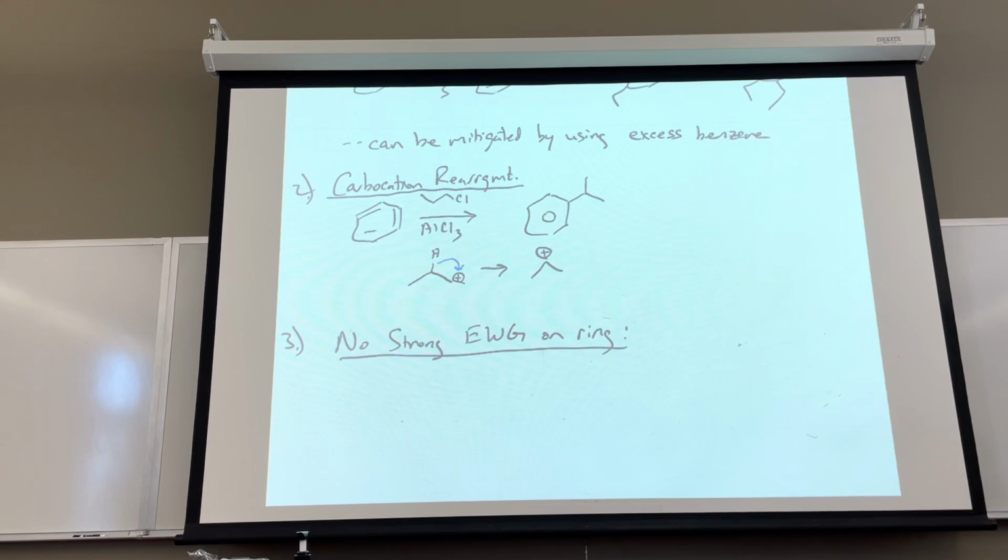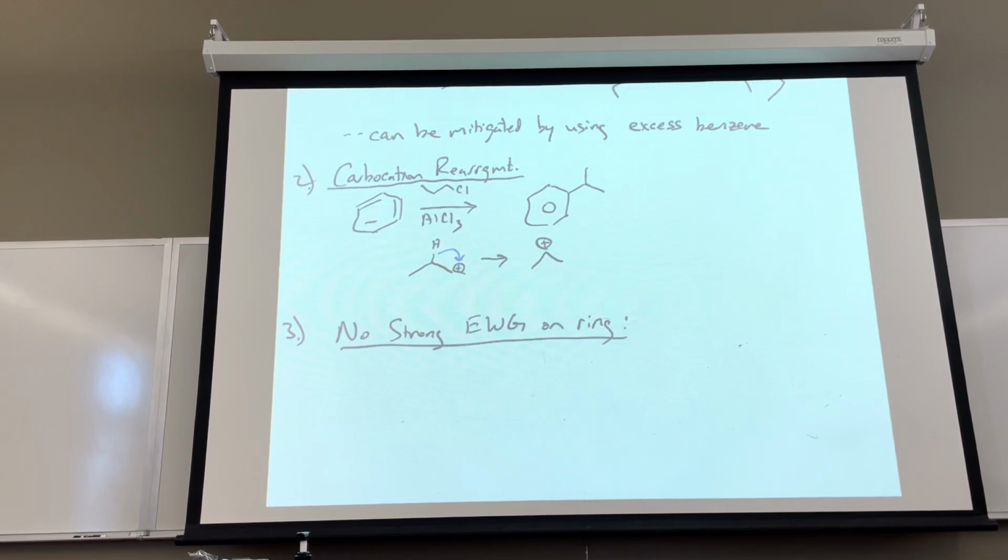All right. The whole point of that is, think of the first step of the mechanism. We're relying on electron density from the pi system to go out and attack an electrophile. So if you have really strong electron withdrawing groups on the ring, it's a very, very deactivated ring. There's just not a lot of electron density in the pi system for it to go and attack something. And so the usual suspects here for strong electron withdrawing groups are going to be